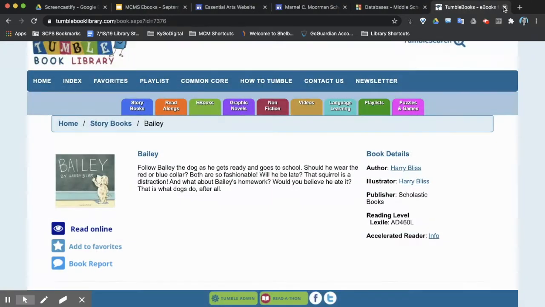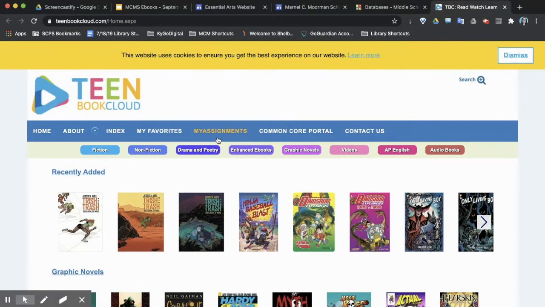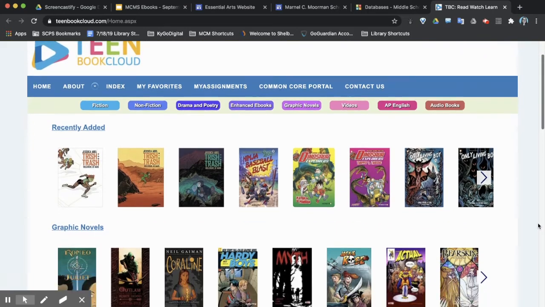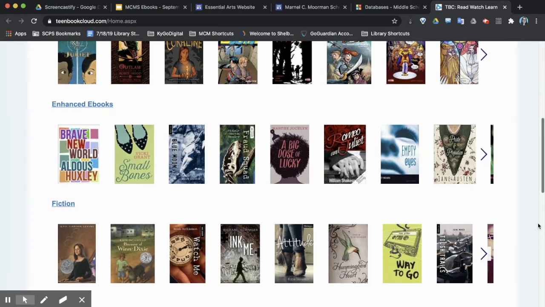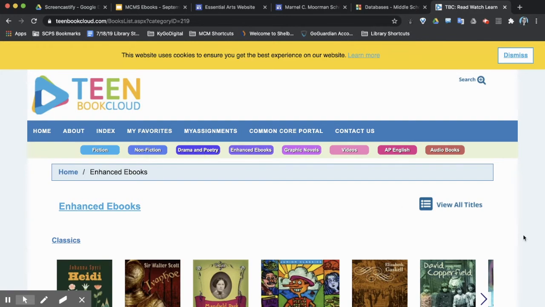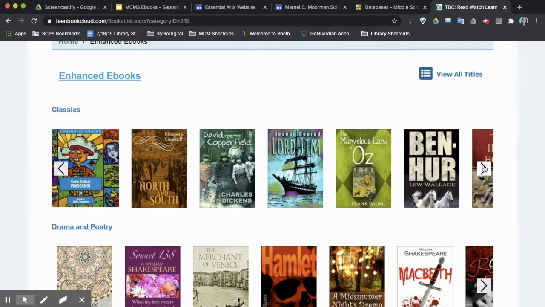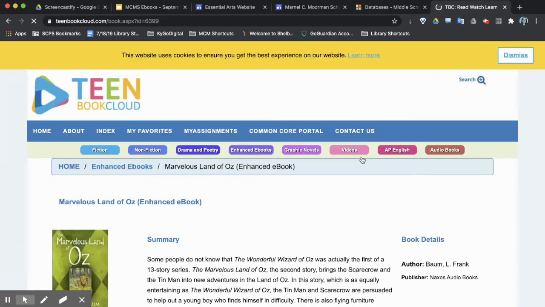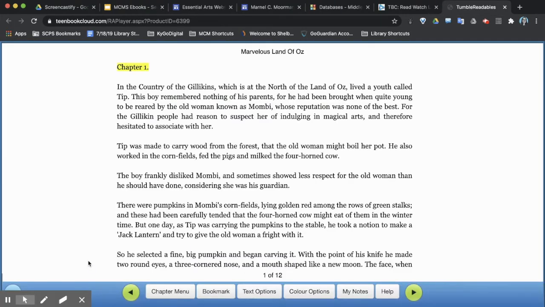Now, Teen Book Cloud looks similar. It's got more books that are geared towards an older audience. If you look in the enhanced ebooks, these are actually really cool for lots of grades because a lot of these are classics. And one of the things I like about the enhanced ebooks is that when you choose to read these online, you also have the option of